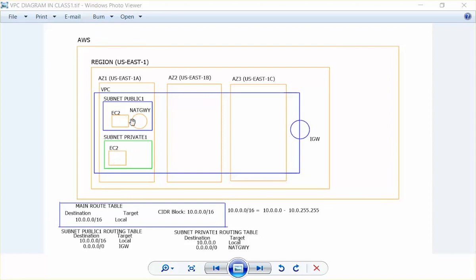Like I said, that might be an oversimplification of how things work, but I think to some people it makes sense. But if we were to look at the routing table that is going to be attached to this private subnet, in order for it to be able to communicate with the NAT gateway, so that the NAT gateway can put requests on some server out on the internet, this is what the routing table of the private subnet is going to look like. First of all, it's going to inherit the main route table, which is going to be any traffic that goes to